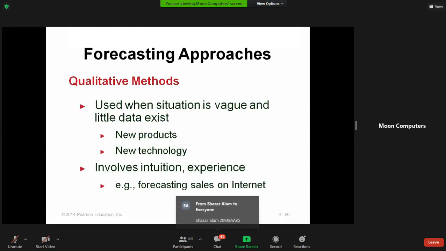So broadly speaking, which Dr. Lame has already briefed you, when we talk about different methods of forecasting, like how do you predict the future? And one of the biggest challenges of predicting the future is accuracy. How accurate is your future